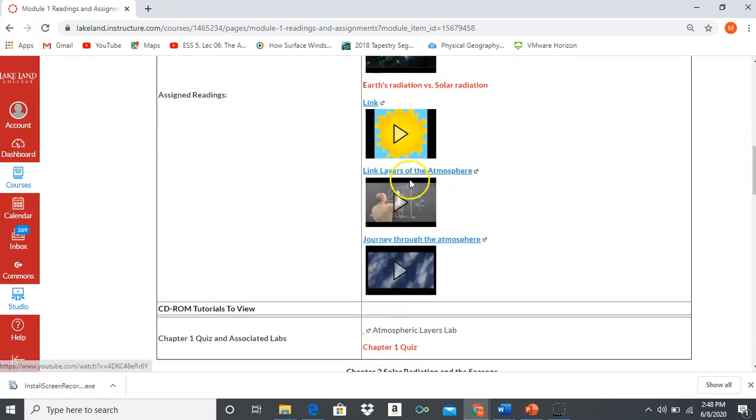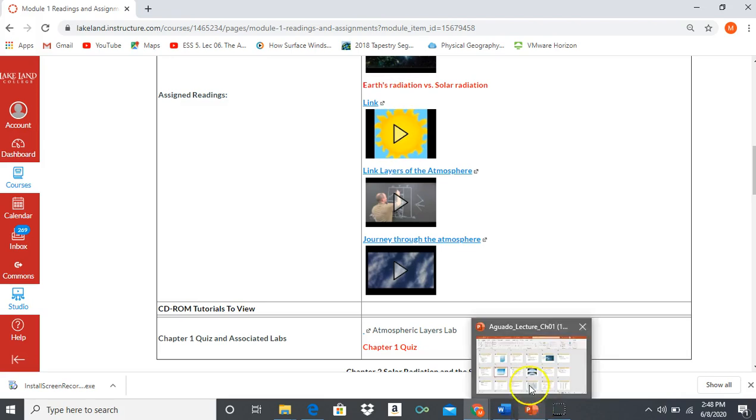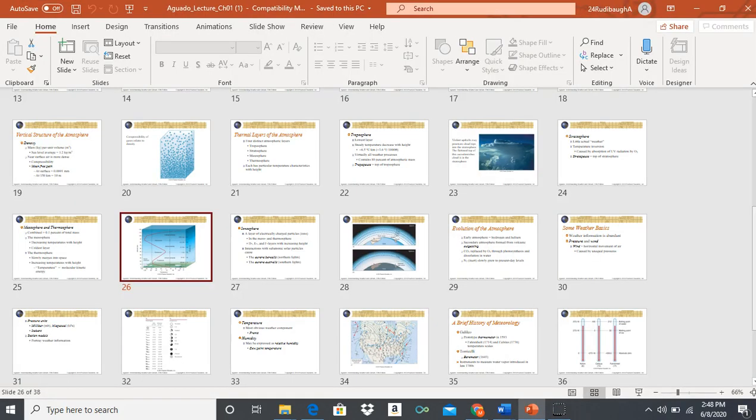And then maybe the final 2 videos here on the layers of the atmosphere and journey through the atmosphere. These 4 videos would be really insightful for you to understand how different layers of the atmosphere are absorbing or transmitting radiation. And that way, when you go through the exercise, you really do understand,